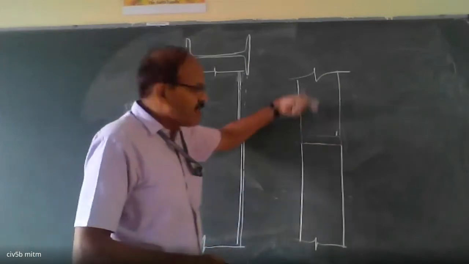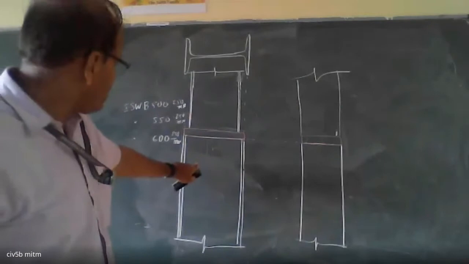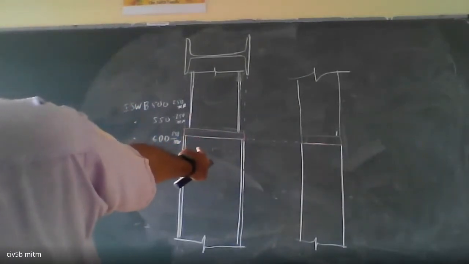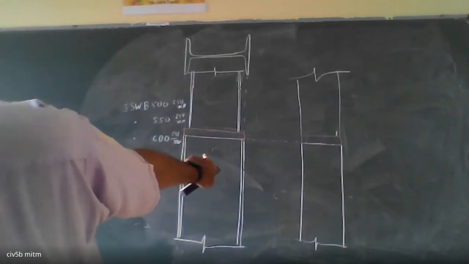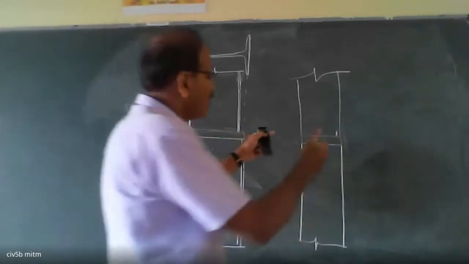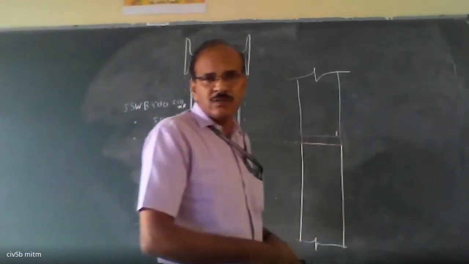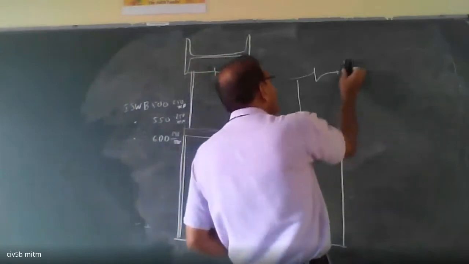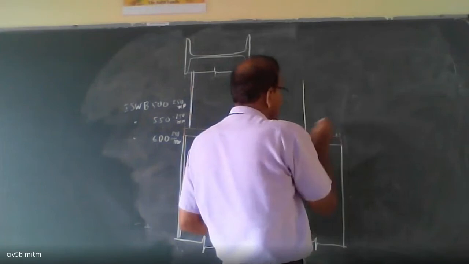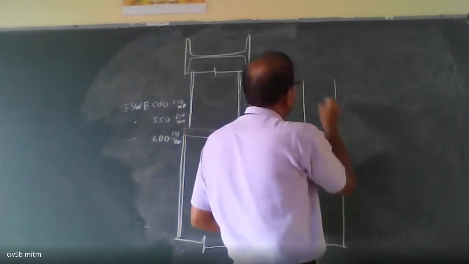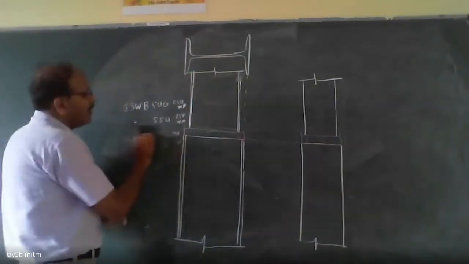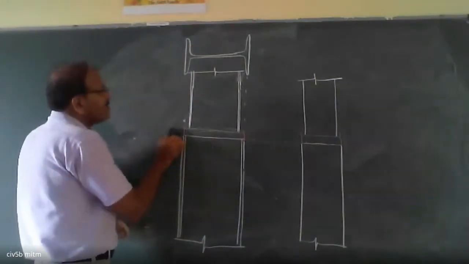But if you are using some other section, for example, this is ISWB 600, and if you are using, say, ISWB 250 for this, just hypothetically speaking, automatically the width reduces. Okay, so I'm taking that reduced width of the flange of the I section. Then, how do you splice it? That is the question.